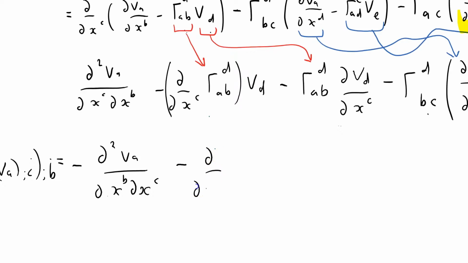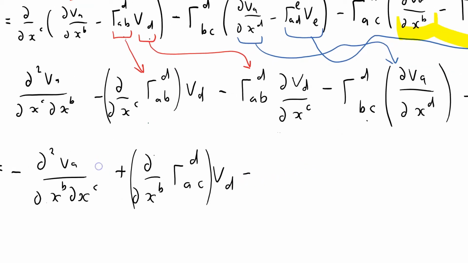Partial with respect to x^B now, because that was a C. Oh, I'm changing the sign as well. And I better put the brackets in as well. So just to check, I've got B and C swapped over, so now they're C and B. So that's that term. Minus, I'll try and write them on top of each other, changing the sign, partial of V^D with respect to x^B